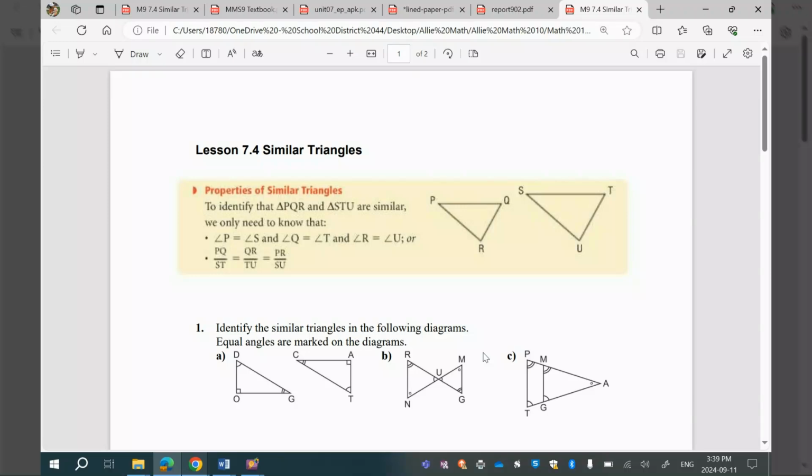Hello, everybody. Here we are, 7.4 similar triangles. This is the last thing we'll do from Math 9, but I think it's going to be helpful as we start trigonometry. So a similar triangle, I'm going to mention what a similar polygon